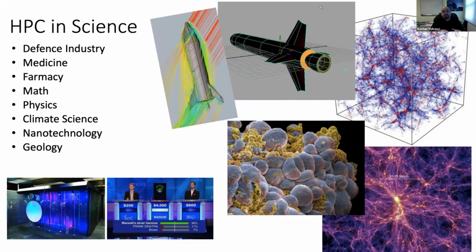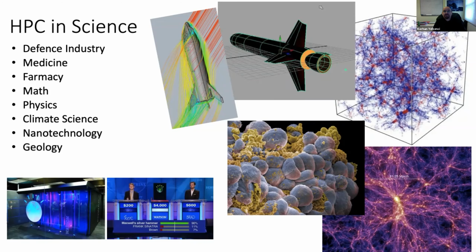But how can we do the fluid dynamics for that? As you see in the middle picture, you see the incoming fluids and how they are shaped around the rocket. And on the right part of the picture, we simulate the universe. We simulate how the dark matter we see in the universe behaves, from a simulation. Those are things we can do with HPCs.